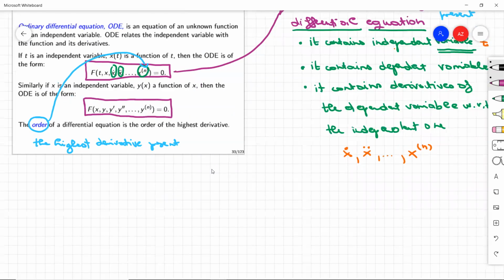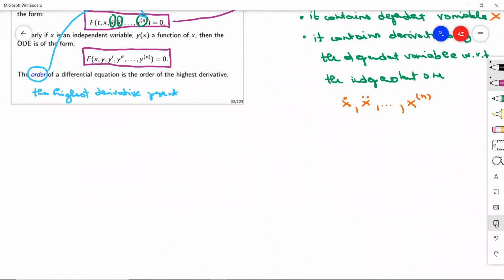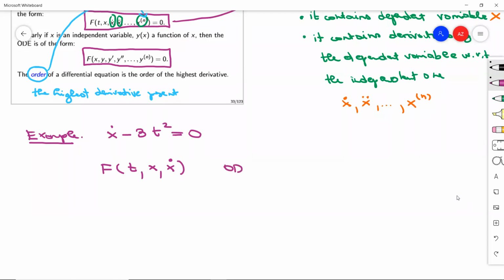Let's look at some examples. For example, x prime minus 3t squared is equal to 0. So what is f in this case? F is a function of t and x and x prime. It is an ODE, an ordinary differential equation of order 1,